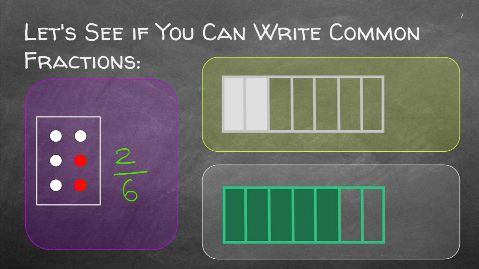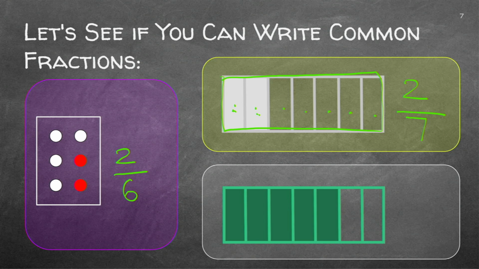Let's look at the yellow block. How many parts is the rectangle divided into? So that's my denominator at the bottom. So this was a whole, and now it's divided into smaller rectangles. Now let's count. 1, 2, 3, 4, 5, 6, 7. So my denominator will be 7. How many parts are colored? 1, 2. So 2/7 of my fraction is colored.